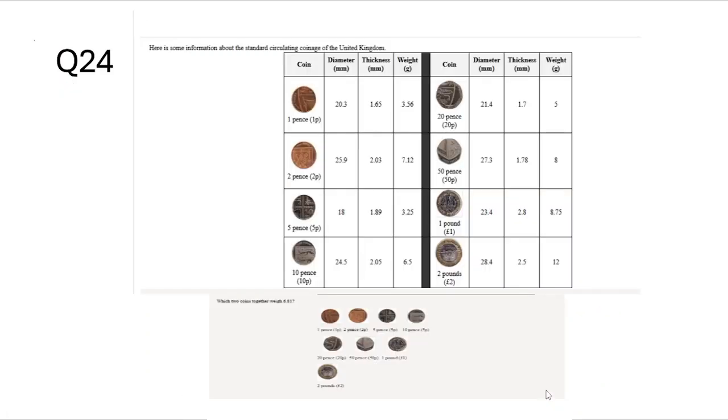Okay, question number 24. Question number 24 says, here is some information about the standard circulating coinage of the United Kingdom. And he's giving me a table about the coins of the United Kingdom, with some features about these coins like diameter, thickness, and weight. Okay, so let's see what the question says. Which two coins together weigh